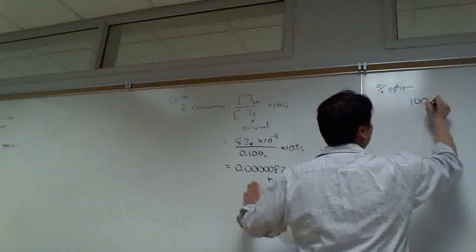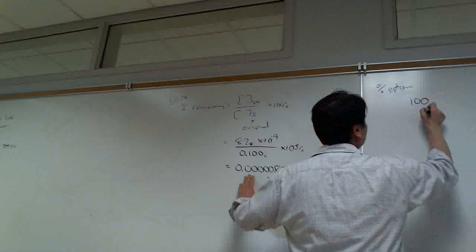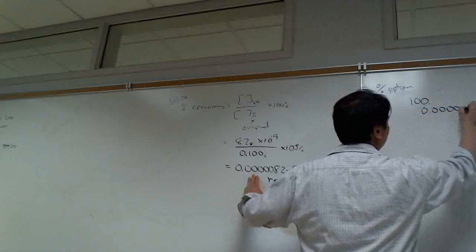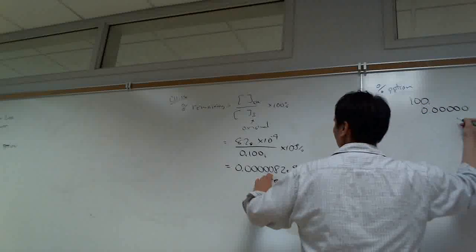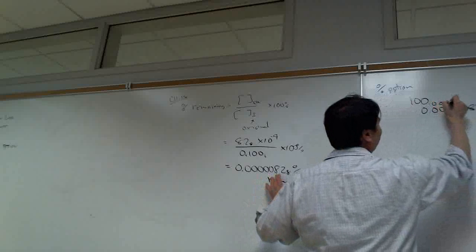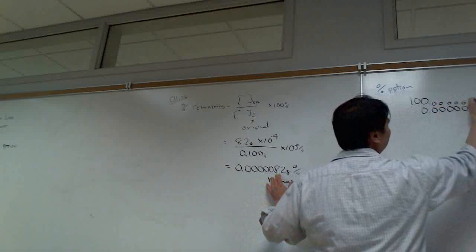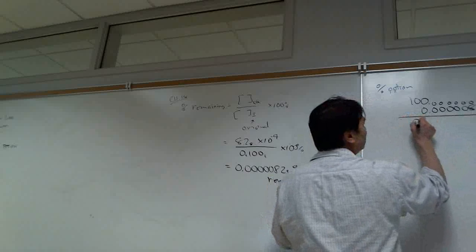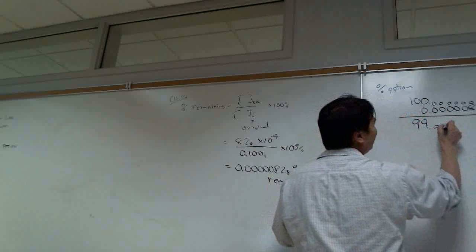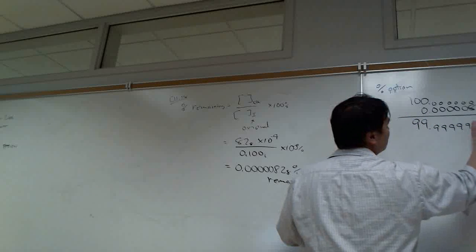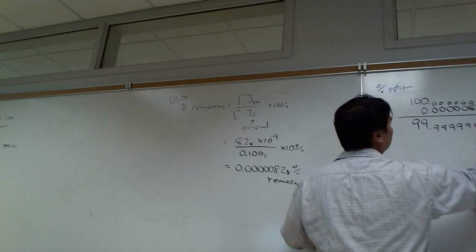So we started off with 100%. We only have this much left over. So that's 1, 2, 3, 4, 5 zeros and an 828. So I need 5 zeros here, 6 zeros, 7 zeros, 8 zeros. And so this is going to come out to 99.9999172%